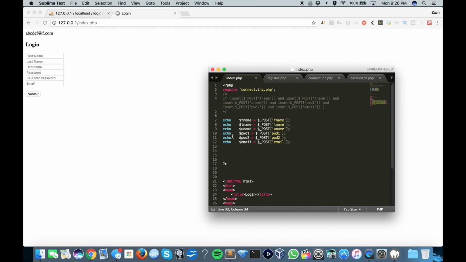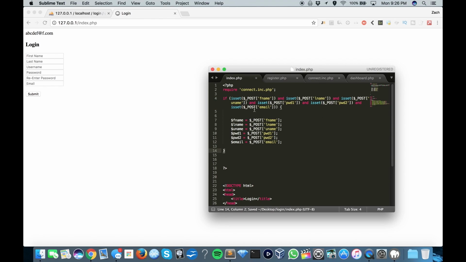So now that we know all that is working, we can go ahead and get rid of all the echoes. And we can redo that line of code, put that back in there. I deleted that thing, so okay, cool. However, I was not done with that. Before this last curly bracket, we need to make sure all of these are not empty. So and not empty